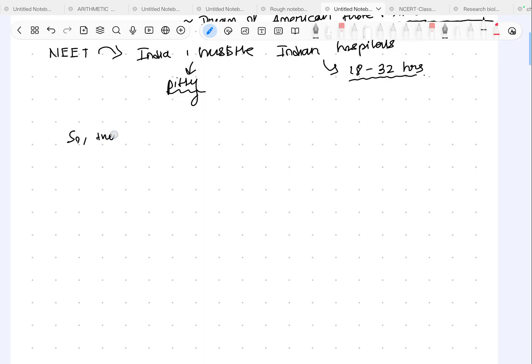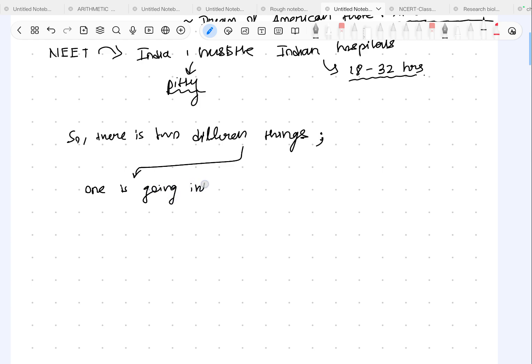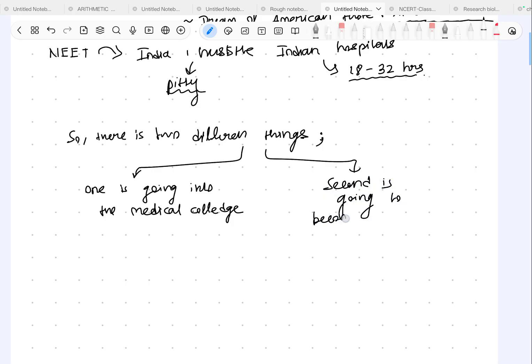There are two different things. One is getting into the medical college. The first one is to get into the medical college, or the second thing you can do is to become a doctor after giving the